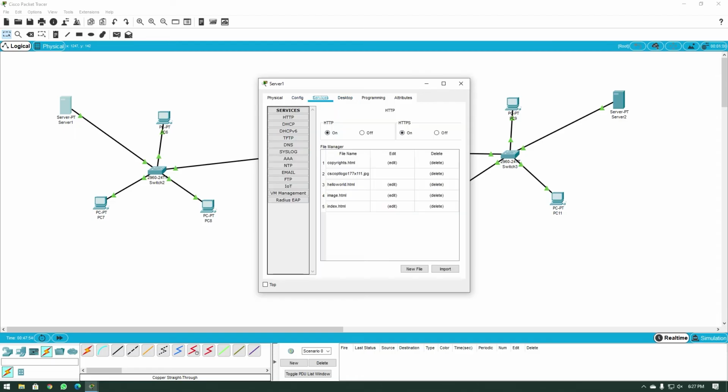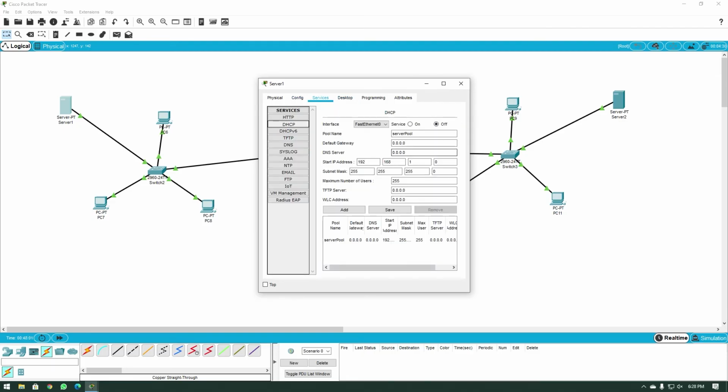Then I go to services, I go to DHCP, and here we can configure the address pool. And what is an address pool? It is the group of addresses that this DHCP server is going to hand out to the computers. Now that will usually be a start IP address, that is the starting IP address it would give to the first computer. If that computer asks for an IP address, it would also hand out subnet masks, DNS server addresses, and default gateways as part of the DHCP protocol. And you probably know this if you have studied DHCP in some amount of detail.